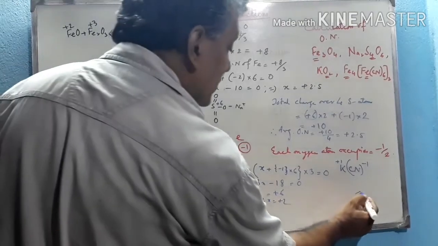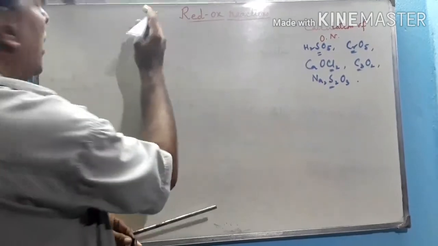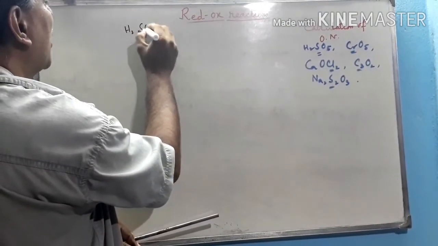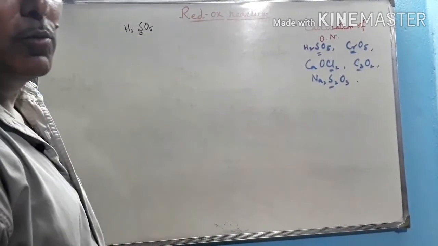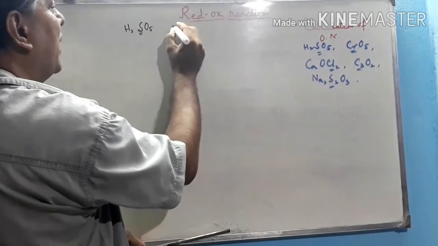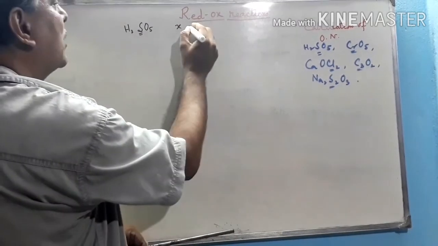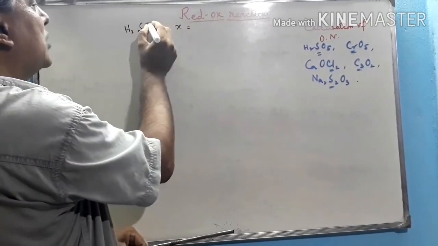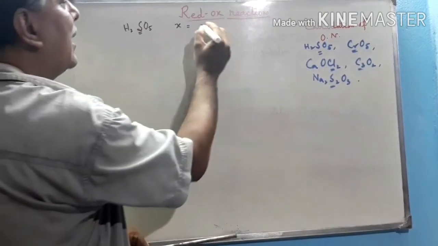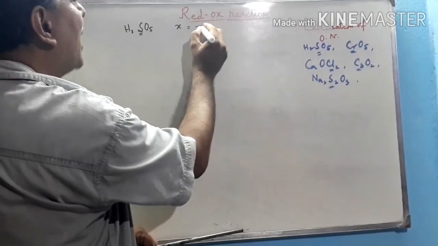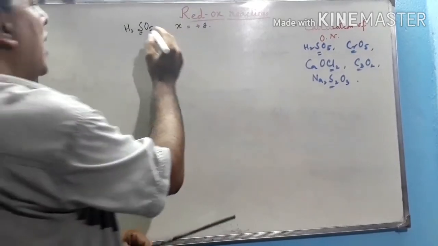These are the oxidation numbers of some elements in their compounds. Now we have to calculate the oxidation number of sulfur in H2SO5. This is the Caro's acid, actually peroxomonosulfuric acid. If we calculate the value of x, which is the assumed oxidation number of sulfur, then x equal to, this is +2, this is -2 into 5, that is -10. So overall charge +2 -10 means -8. That means x becomes +8, but it can't be, because sulfur's last shell contains only 6 electrons, so it can't be +8.